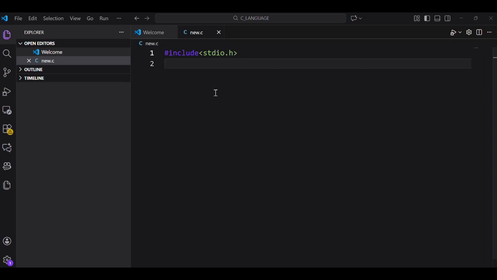And the first header file that we are going to include is called stdio, standard input output, which basically helps us to get functions such as printf and scanf. Basically, the functions that allow us to write on the screen and take input from the screen. Okay, now,